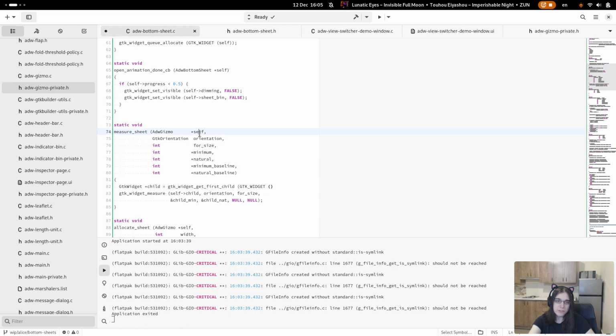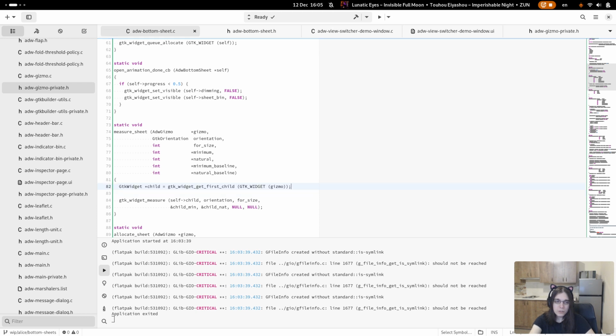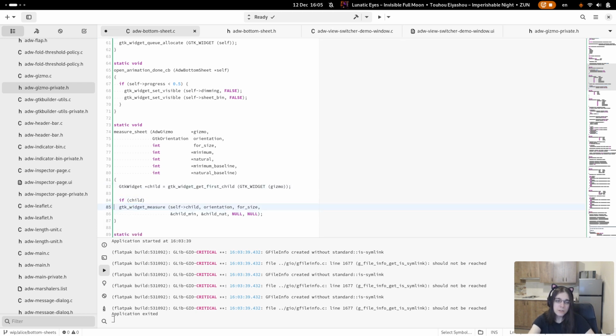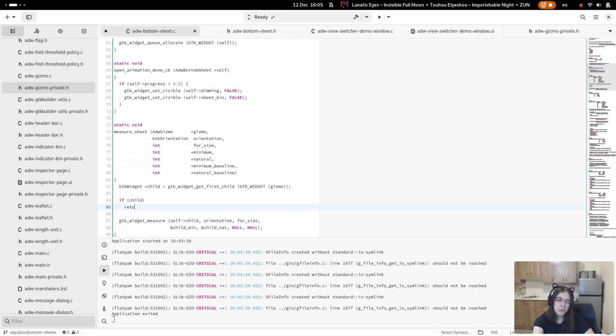Well, it's not self, it's gizmo. If the child doesn't exist, we bail. If it does exist, we measure it and just pass everything through.